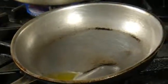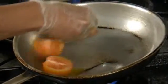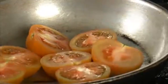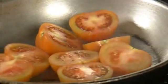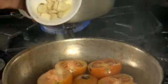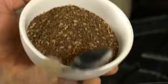Heat a frying pan with some oil to a moderate heat and add the tomato halves one by one. Allow them to cook a little before adding the chopped garlic. Next, add the green chili to the pan and mix the ingredients together. Add a teaspoon of salt and a tablespoon of Szechuan pepper, and then place the entire contents of the pan